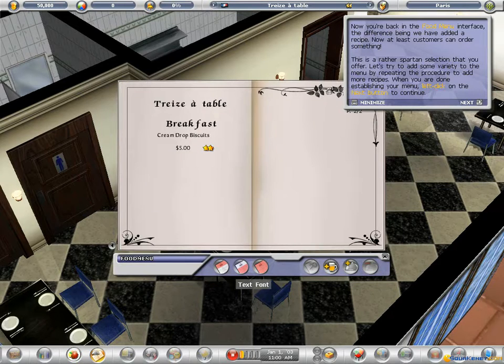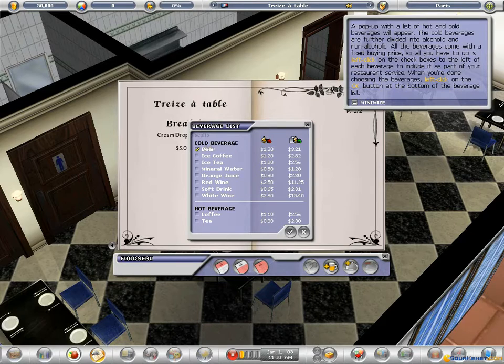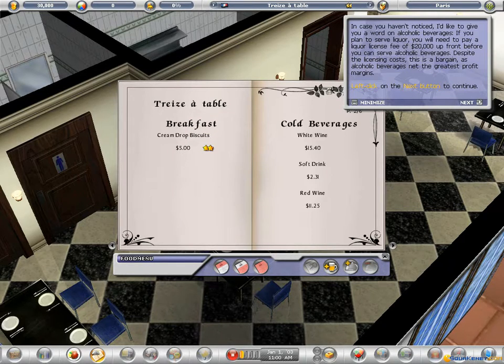Now you're back in the food menu interface. The difference being, make sure you are... So far, so good. Now that you understand, a pop-up with a list of hot and cold beverages will appear. The cold beverages are further divided into alcoholic and non-alcoholic. All the beverages come with a fixed buying price, so all you have to do is left-click on the check boxes to...